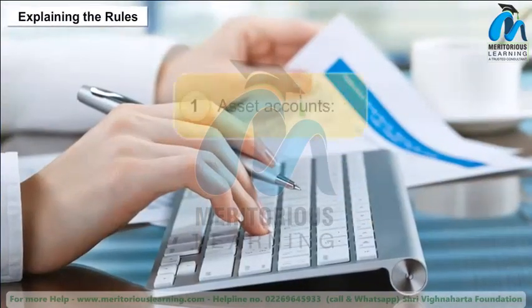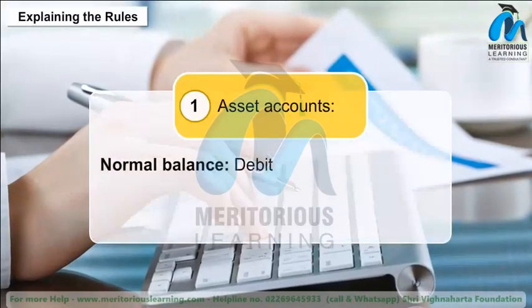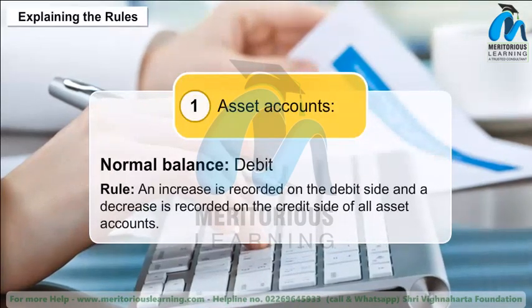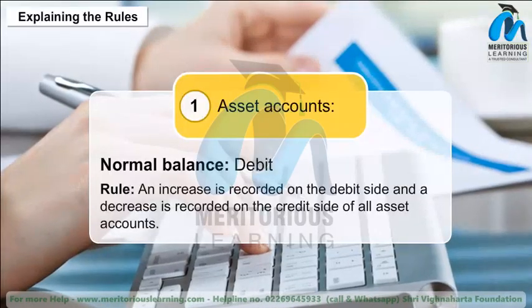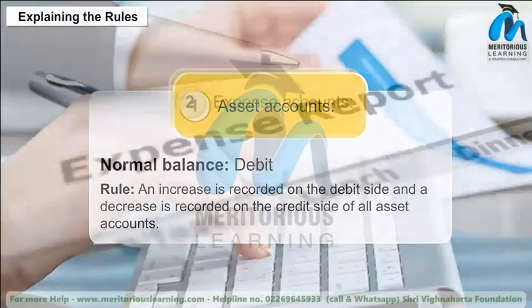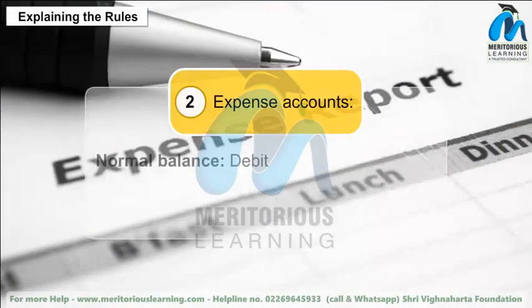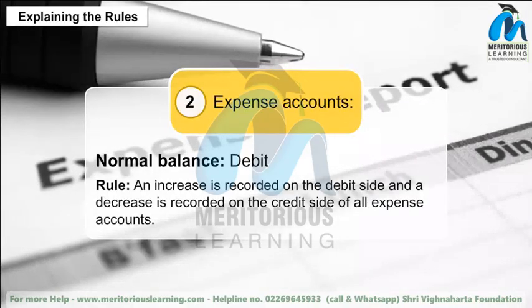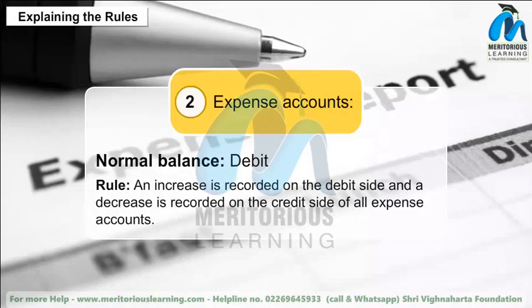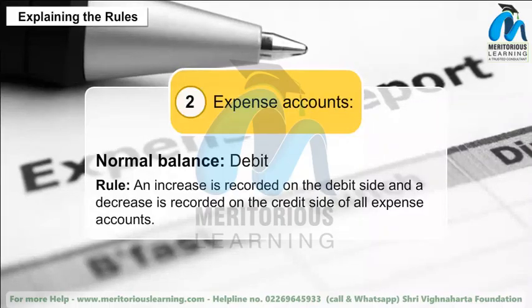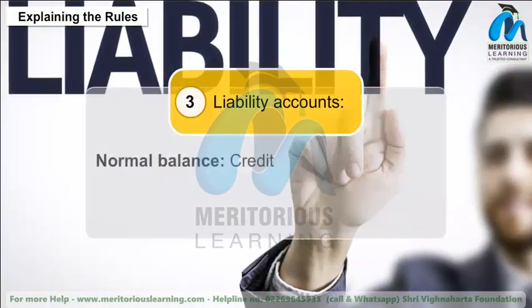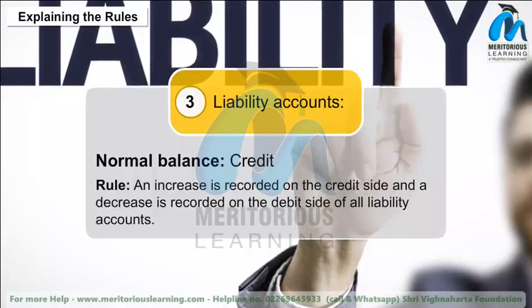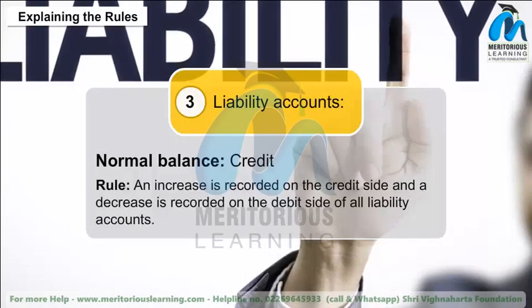Explaining the rules. 1. Asset accounts, normal balance, debit. Rule: an increase is recorded on the debit side and a decrease is recorded on the credit side of all asset accounts. 2. Expense accounts, normal balance, debit. Rule: an increase is recorded on the debit side and a decrease is recorded on the credit side of all expense accounts. 3. Liability accounts, normal balance, credit. Rule: an increase is recorded on the credit side and a decrease is recorded on the debit side of all